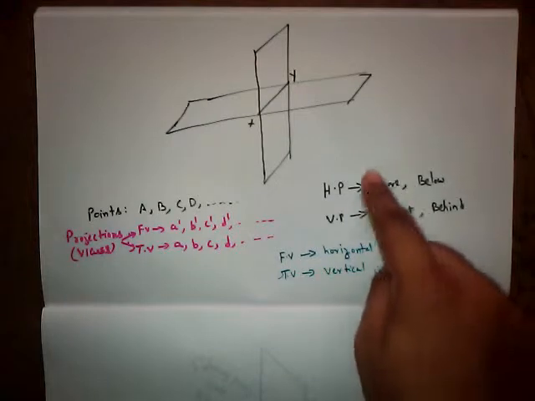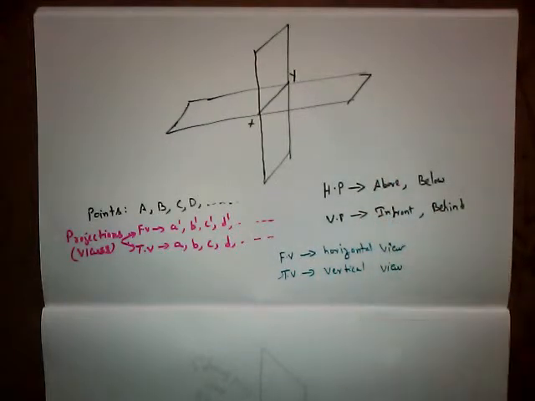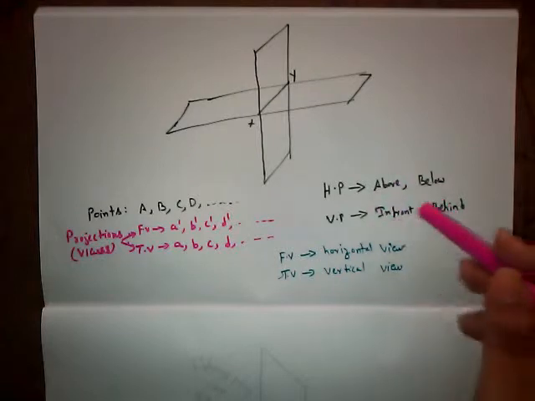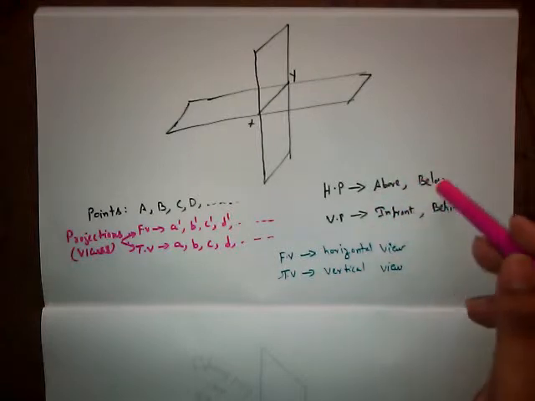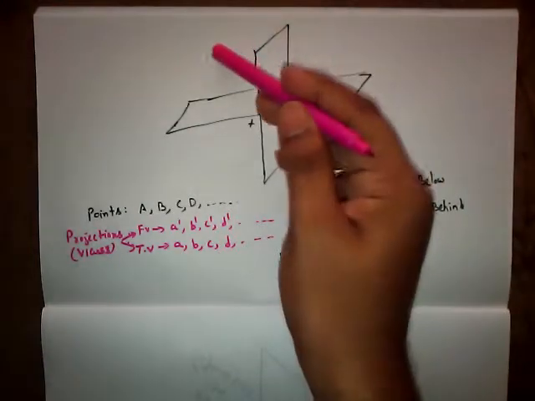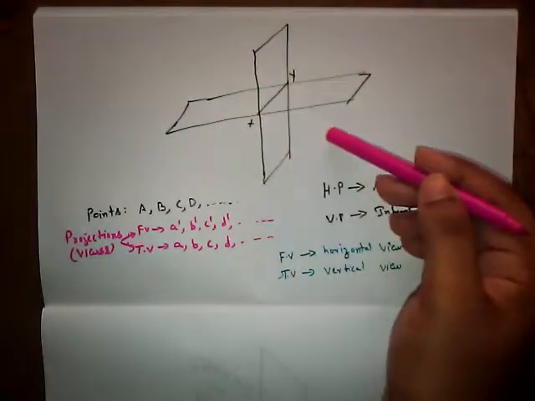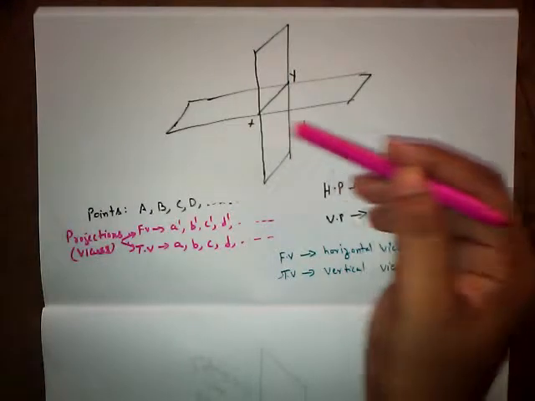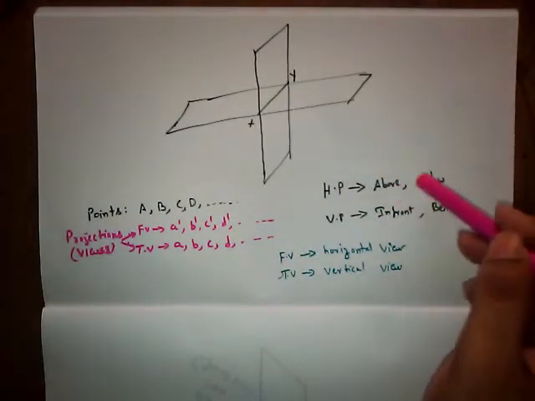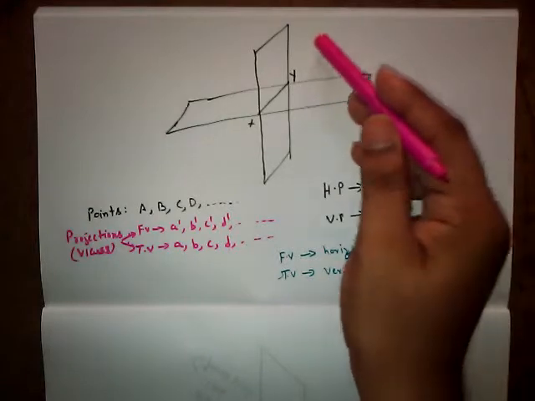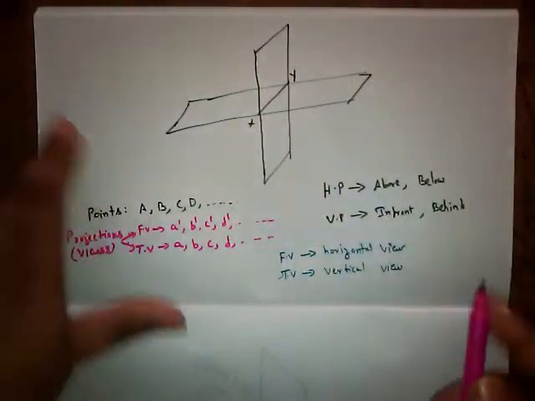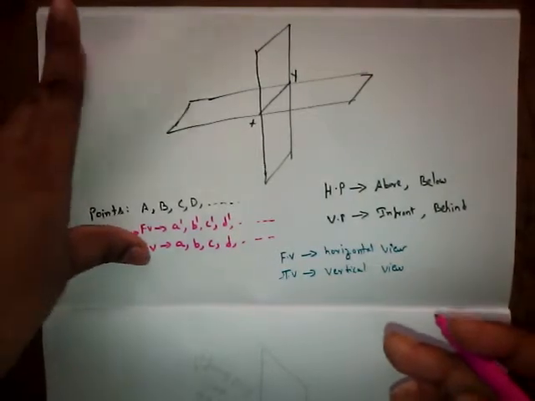So whenever you have a combination in this manner, above and below, above and behind, above and in front, below and behind, in these combinations the object is going to be present in this space. It is going to be in the air. Whenever we have a combination of two of these, above, below, behind and in front of VP, we are going to have the object in air. Okay guys, let us move to the next part.